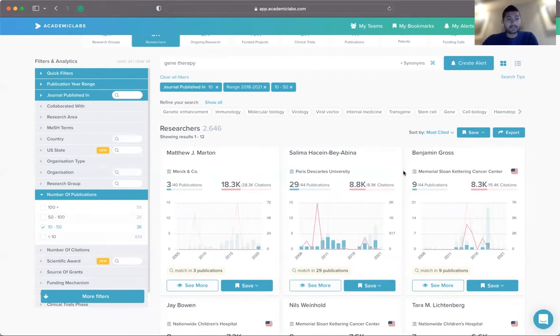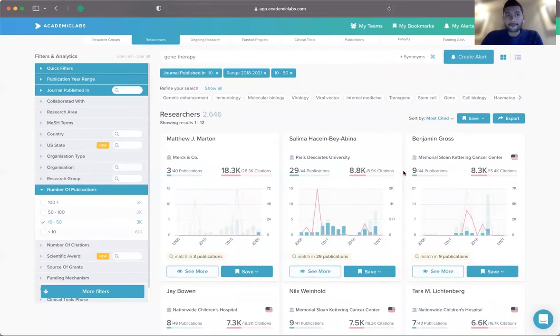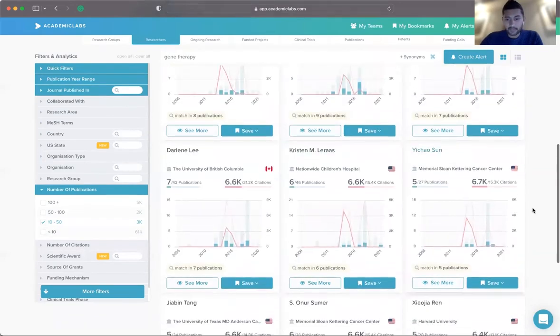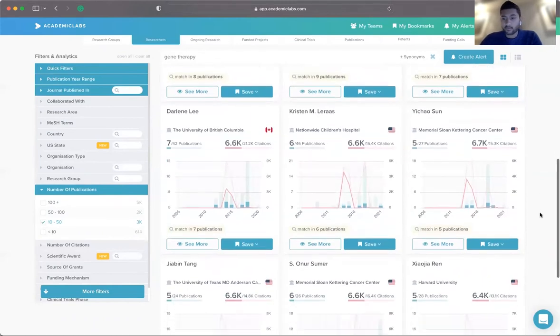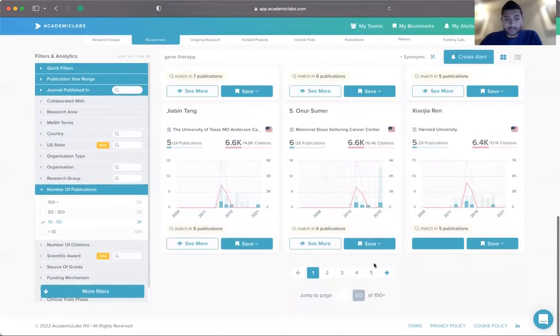And it's also worth stating that all of those 3 publications came from the top 10 journals on gene therapy. So that's one method that we saw as being very, very effective in collaboration with our customers: sort by most cited, with the number of publications being limited, and also publishing in the top journals in the last couple of years. When you scroll down the results, you can also see a lot of researchers who have only started publishing recently on your topic, but they have been doing really, really good research.